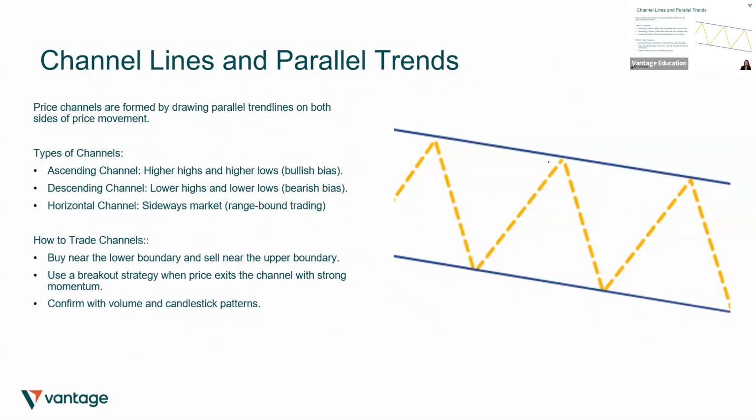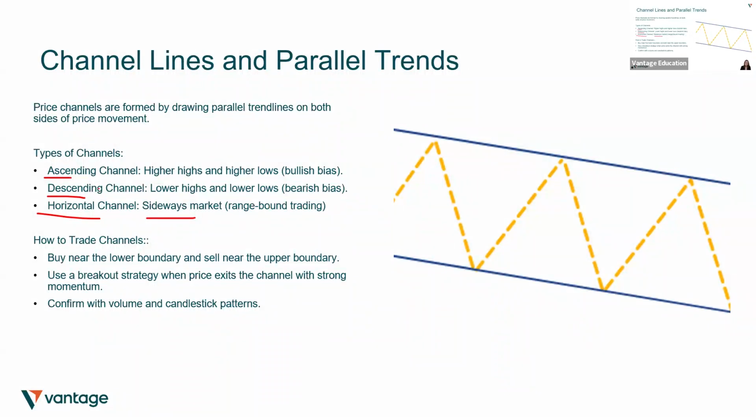The channel line is formed by drawing parallel trend lines on both sides of price movements. There are three types of channel: ascending channel, descending channel, and horizontal. Basically, the horizontal one is just a sideways market, right? So if it's a sideways market, we just play the range and bounce, trading within the